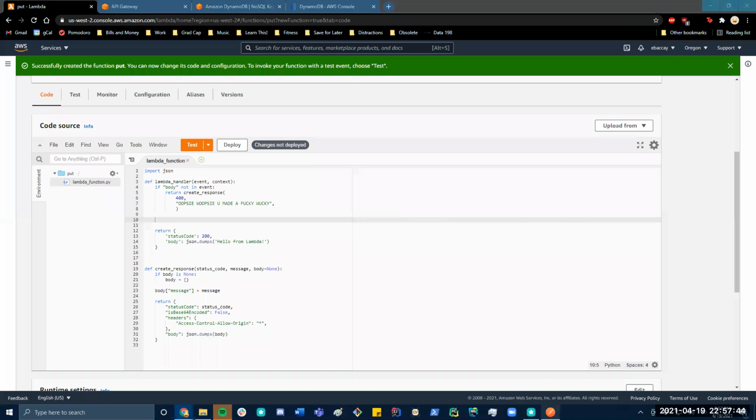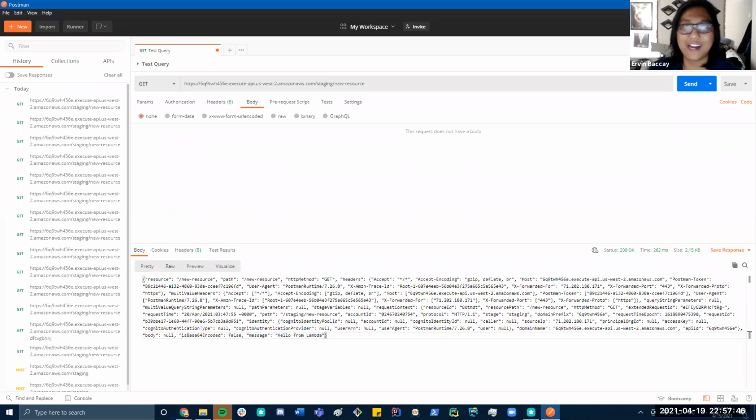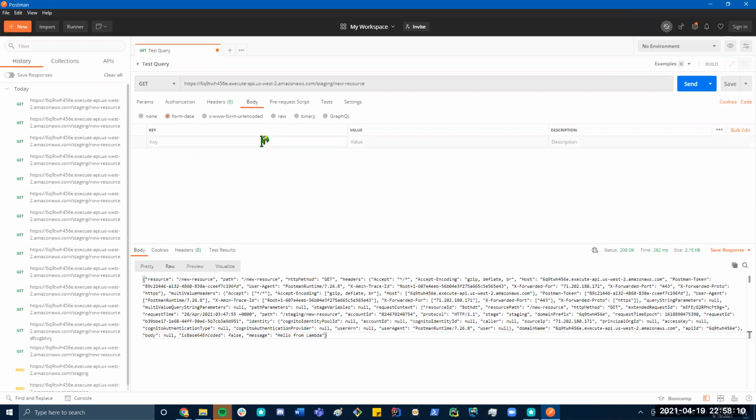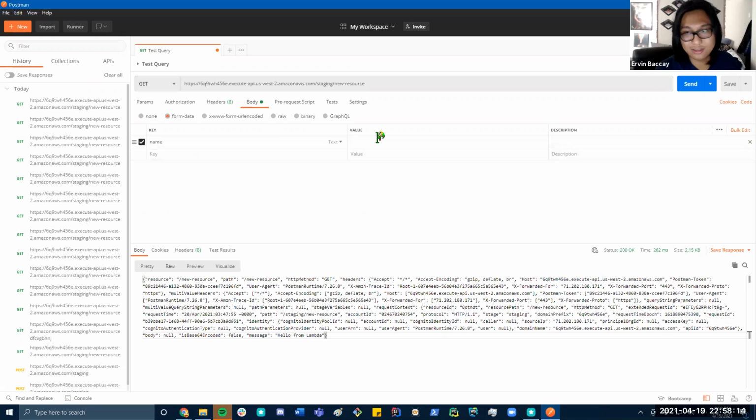So well, maybe not a JSON file, but a JSON object, right? Everything is shuttled between Postman, or whatever you're querying the API with, and API Gateway in the form of a JSON. So if you have your body here, or you could use GraphQL, I guess, but for now, let's say you have your key value pairings here. Like let's say you have name,